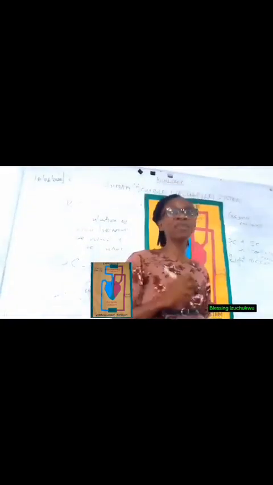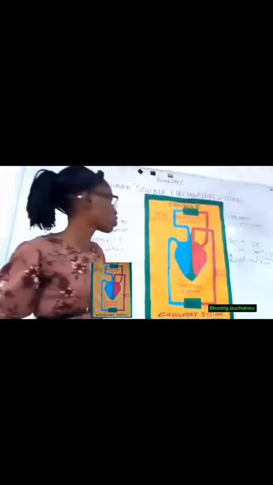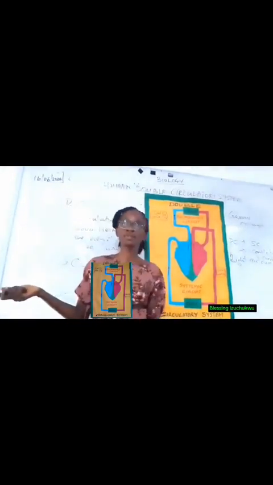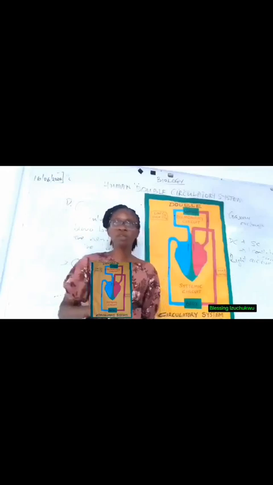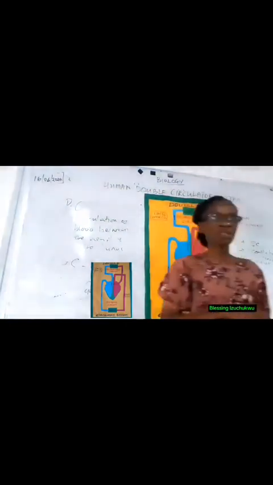When you write concisely and clearly, the examiner will realize that you know what you're talking about. So what I mean is this: instead of just saying blood leaves the heart and goes to the body parts, make it more concise. Blood leaves the heart from the left part of the heart through the left